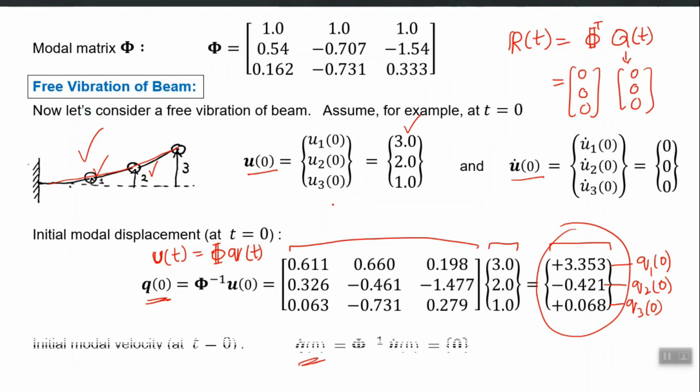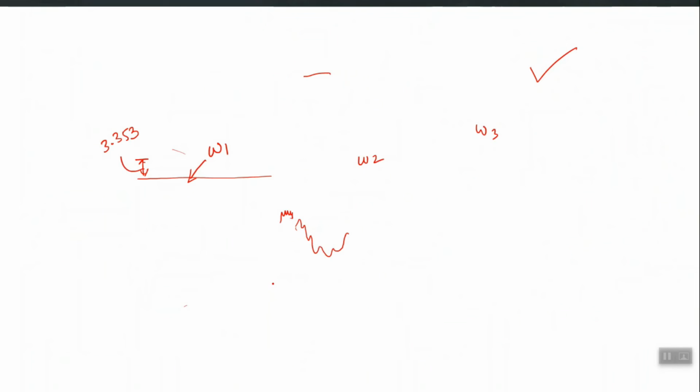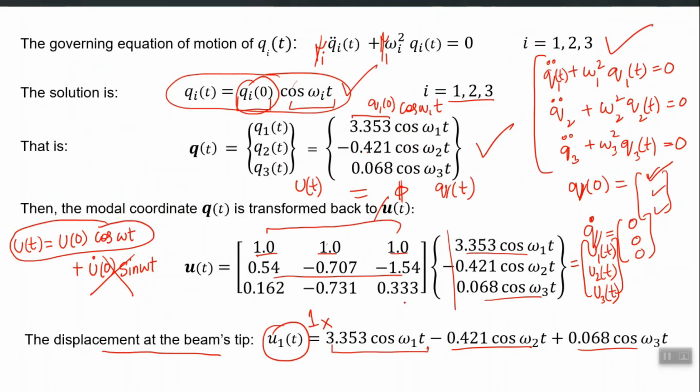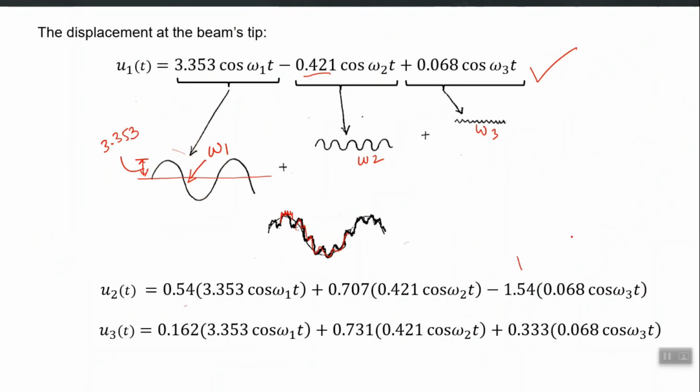Similarly, now you can work out the U2 also. This row multiplied by, sorry, the second row multiplied by this column, then the third row multiplied by this column will give you U2 and U3. So these will be the expressions for U2 and U3, and you will find the same trend. If you plot individual terms and combine, you will get a similar trend. So U1, which is the first story displacement or displacement of the tip of the beam, is being composed from all three modes. This is a point which I am making clear right from the start in all lectures,